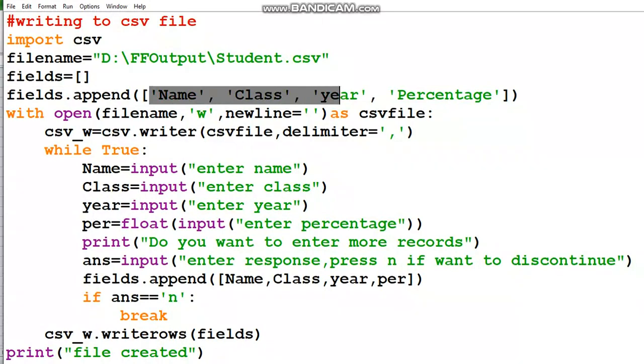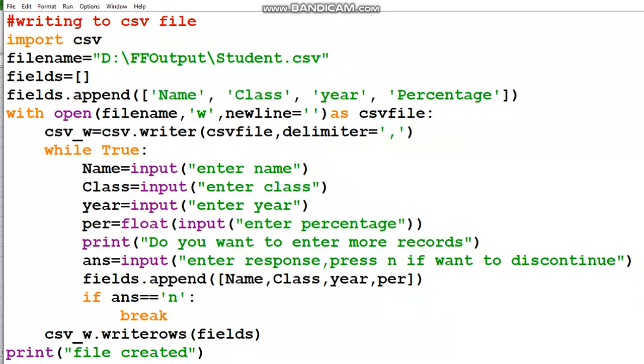Right now I am not writing to the file, because I'll be writing all the details in one step. So the writerow function I am not using, the writerows function I am using. All the records I'll be writing in one step. Here I'll not be writing the header row in the file.